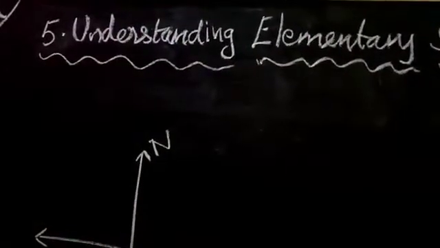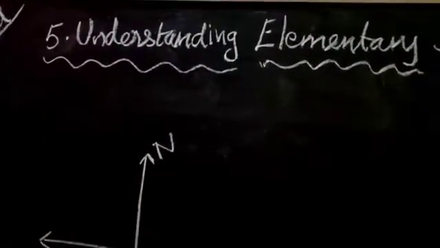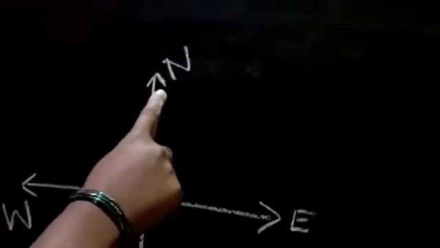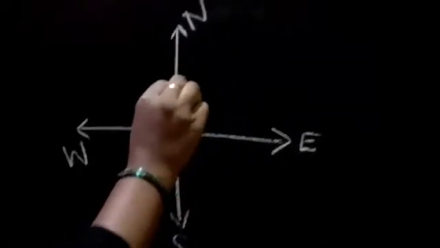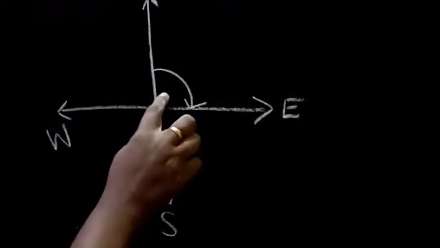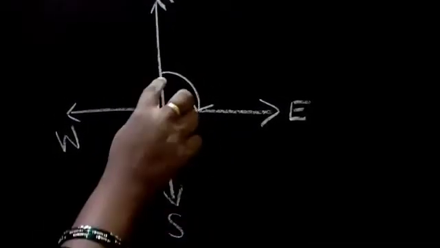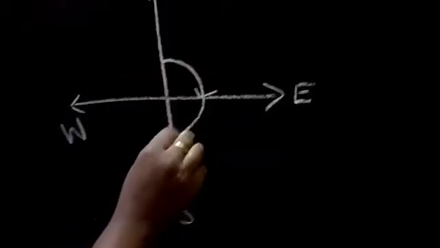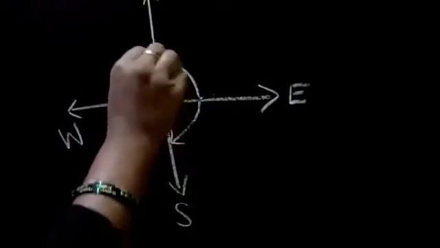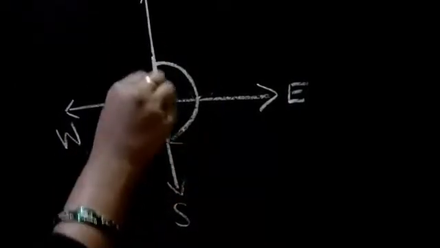Today's topic is understanding elementary shapes. Here, this is north, south, east, west. It is called clockwise. We have 90 degree in this. Again, one more clockwise. From here to here, if you take, it is called straight line because it is 180